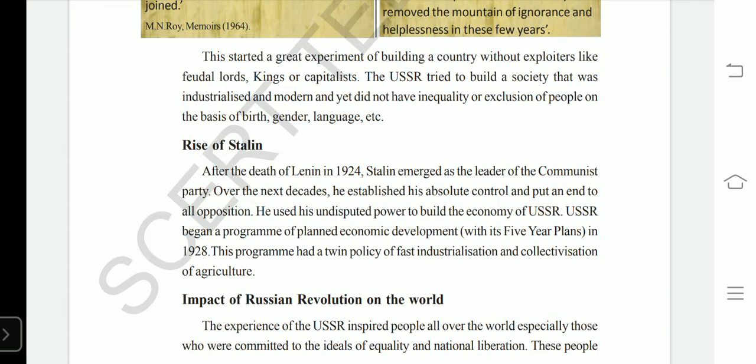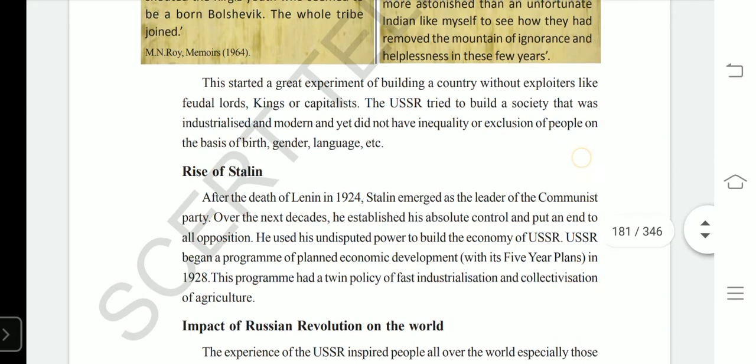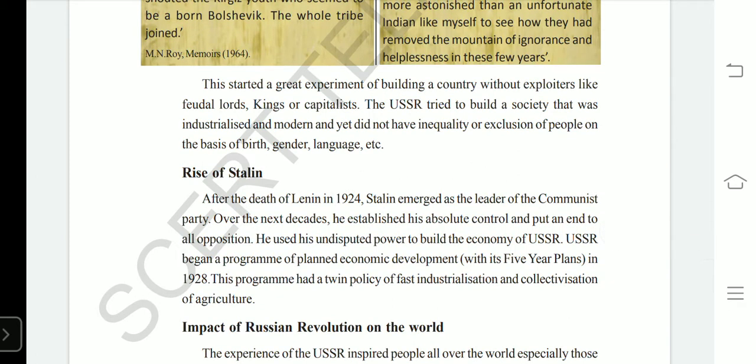It consisted of two phases that we have seen: one political phase, another social phase. Those are also called the March Revolution and the October Revolution, which were also called the February Revolution and the November Revolution,